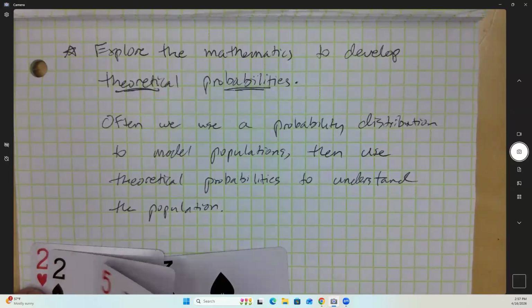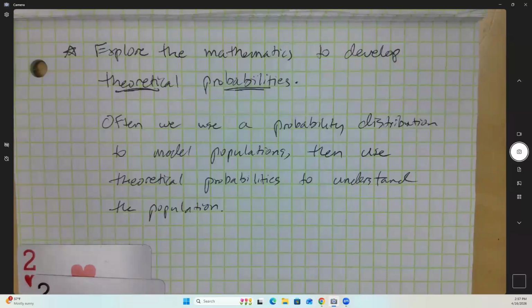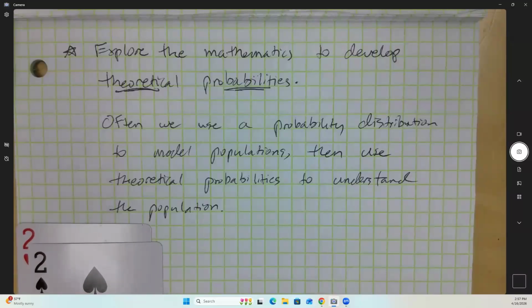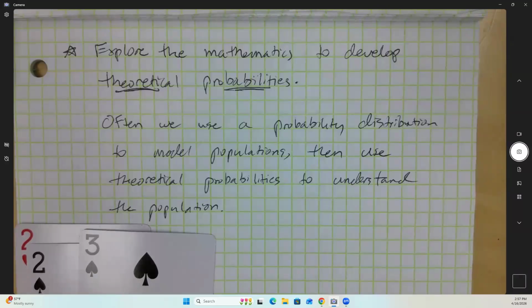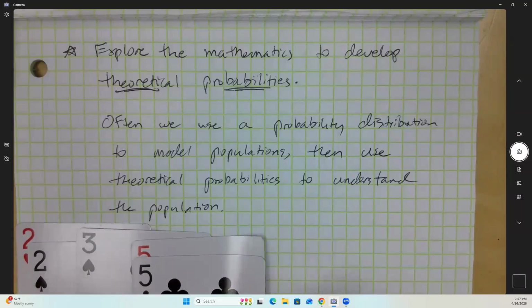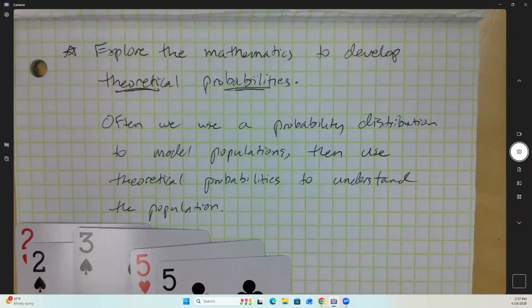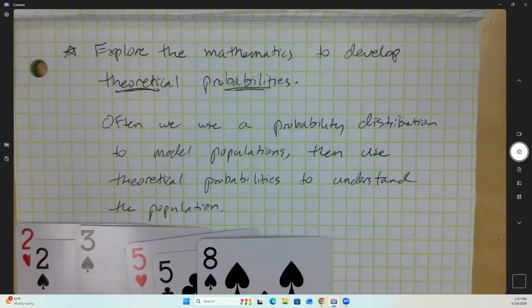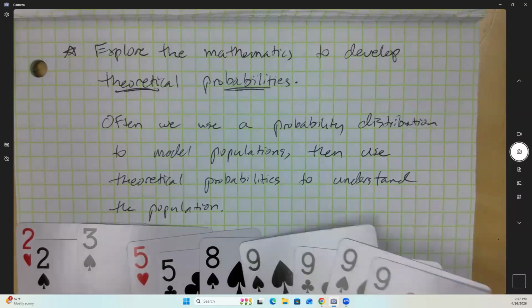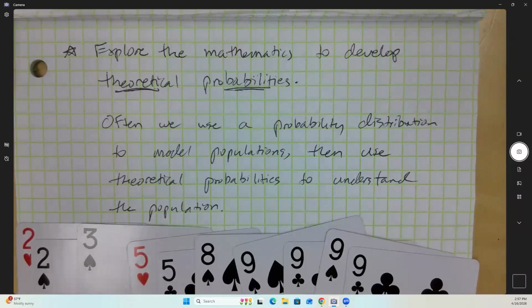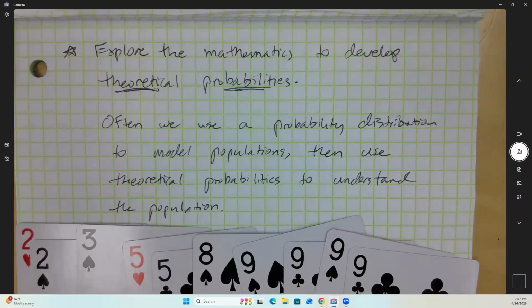I'll start with 2. I have 2 2s, 1 3, 2 5s, 1 8, and 4 9s. All right, so we can make a probability distribution which looks an awful lot like a